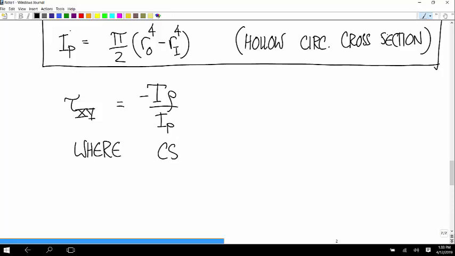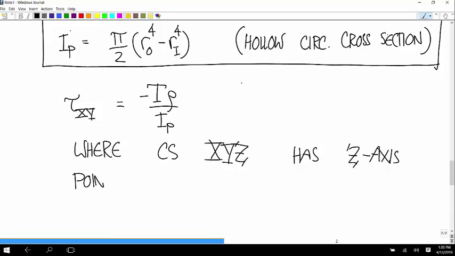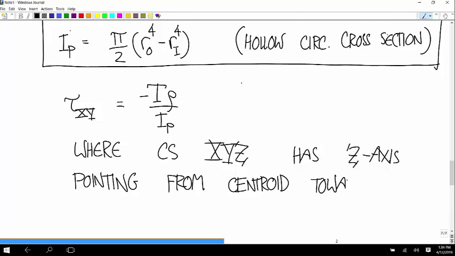And the coordinate system, capital X, capital Y, capital Z, has the capital Z axis pointing from the centroid toward the point of interest. Okay, so